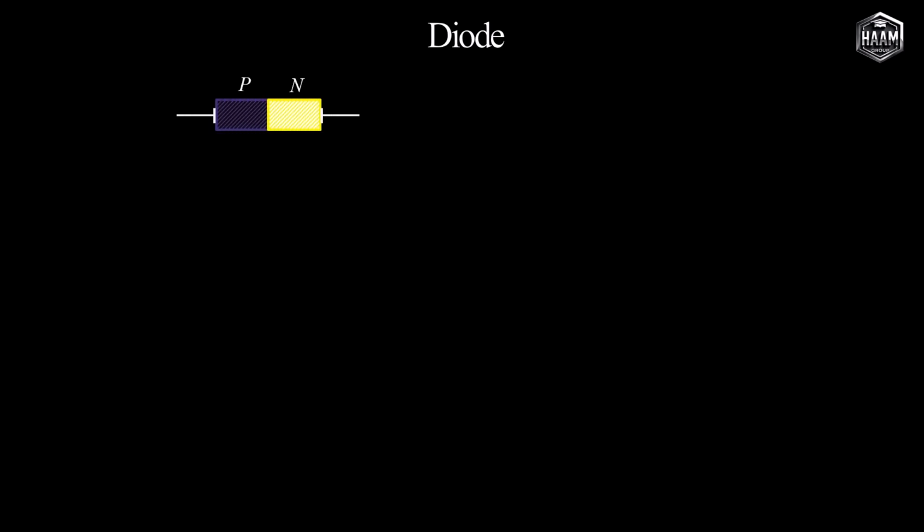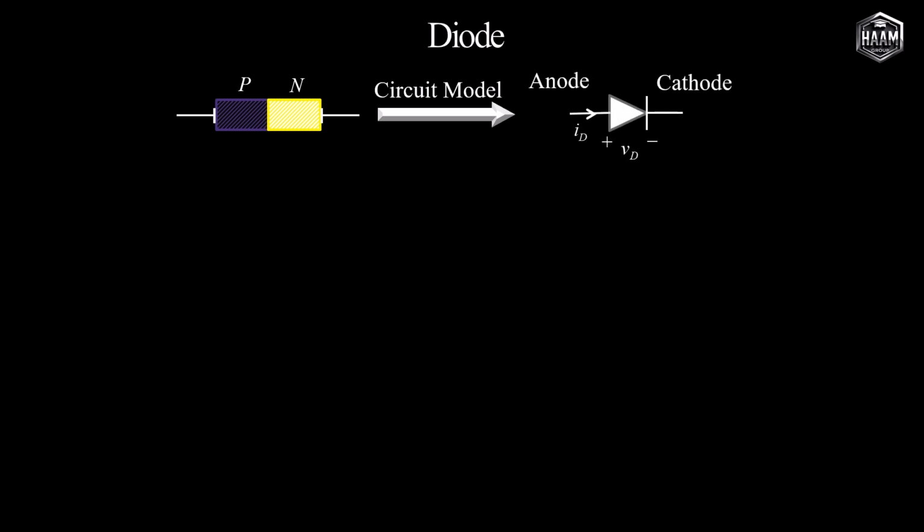A diode, or equivalently a PN junction, consists of a p-type doped semiconductor joined with an n-type doped semiconductor, both of which we have examined in detail. The circuit symbol adopted for the diode is a triangle with a line at its end. According to this symbol, the line segment represents the cathode or negative terminal, while the triangular portion represents the anode